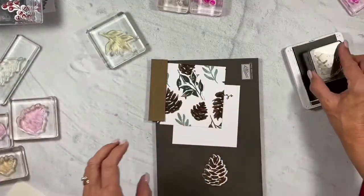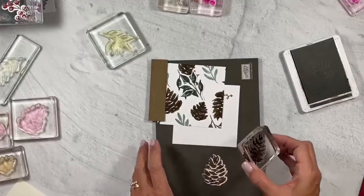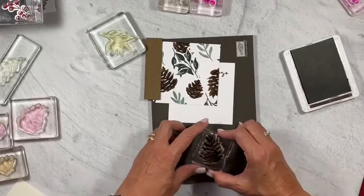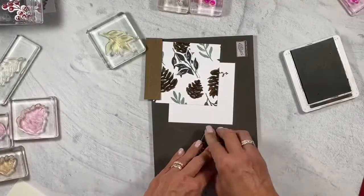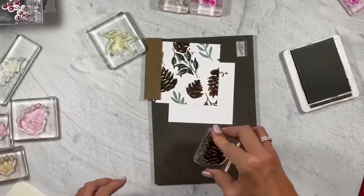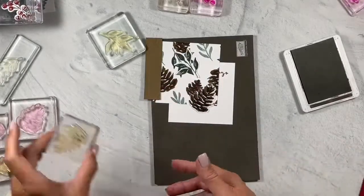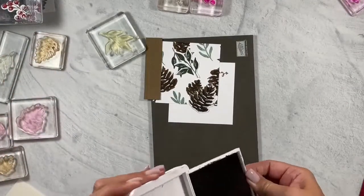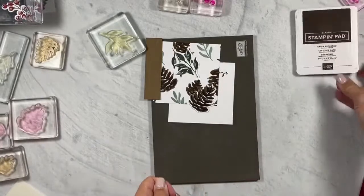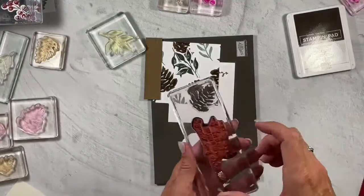Here's my detail for the large. I know this almost looks like it's early espresso until I think I get nervous because the soft suede stamps pretty dark, but the early espresso is even darker. So there we go. And then I'm going to take my pre-cut label from the Christmas season